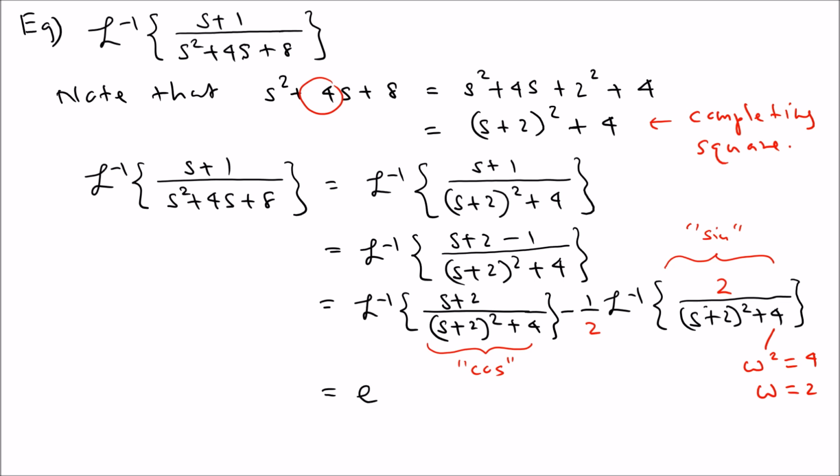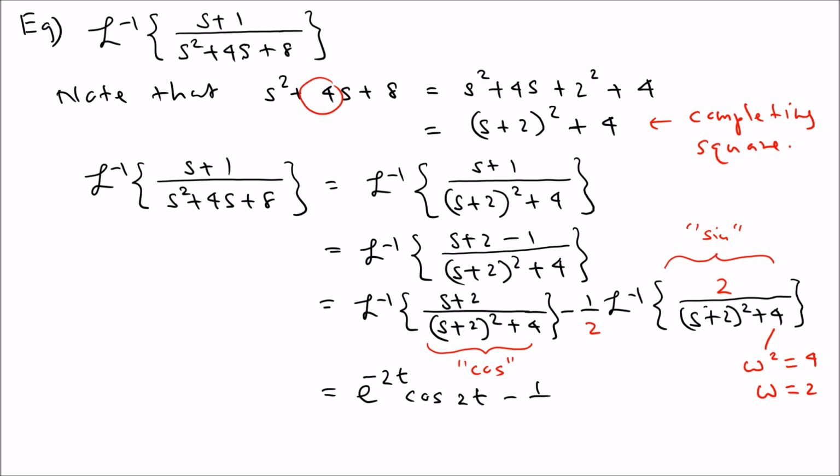So it's e to the negative 2t. That's coming from the shifting part, and then we have the cosine 2t, because that's the form. So you multiply e to the negative 2t because of the s plus 2 term, and then